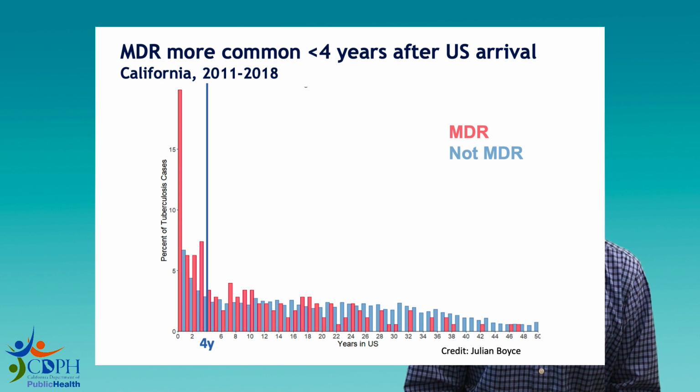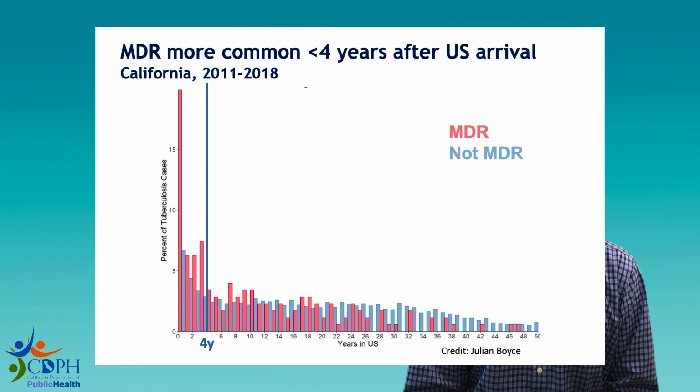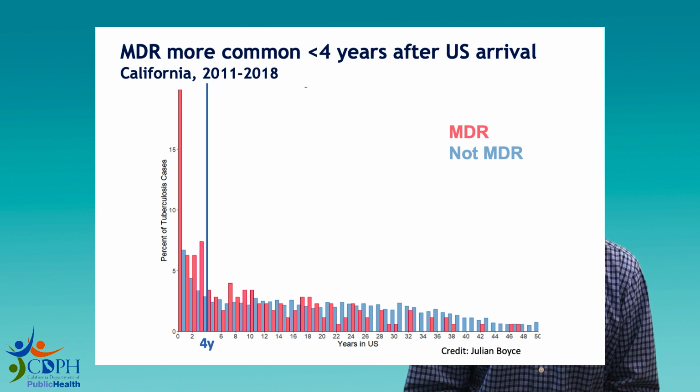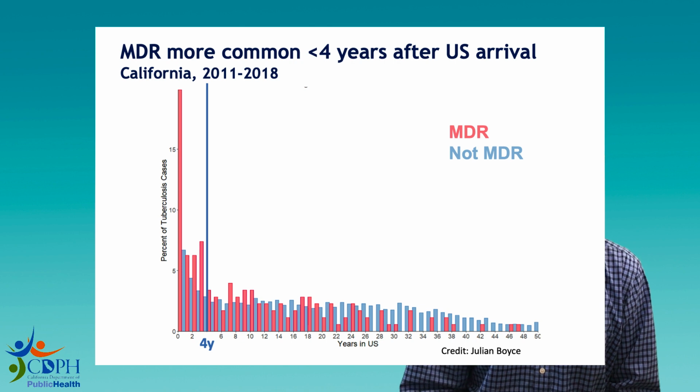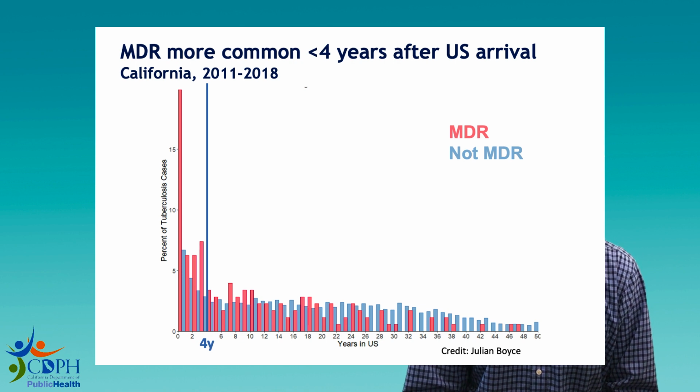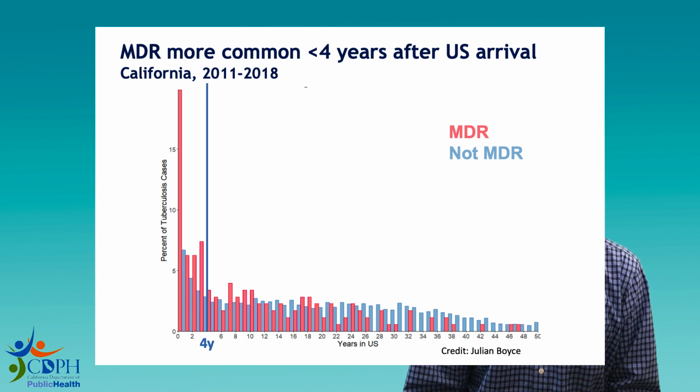Now, the country is not the only factor. We're also thinking about the time since arrival in the United States. So on this graph, you can see in red are the proportion of MDR TB cases diagnosed at each time point since arrival in the United States. And the blue bars are cases that are not MDR. I put a line here at 4 years. Others have talked about thresholds at 2 years. But the point here is that